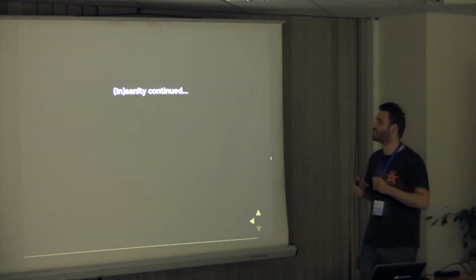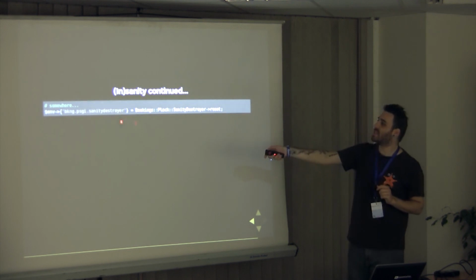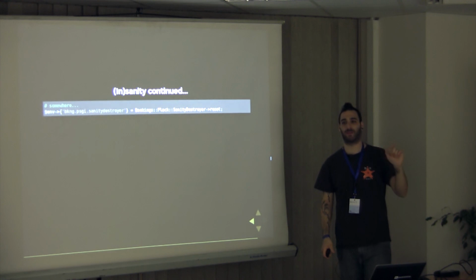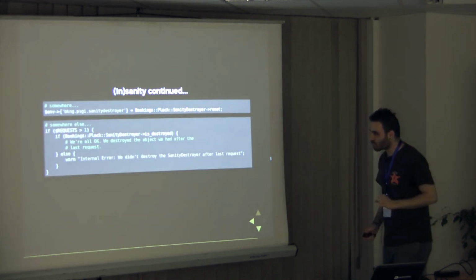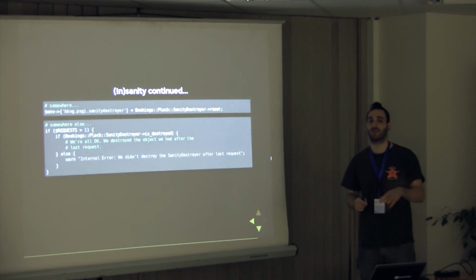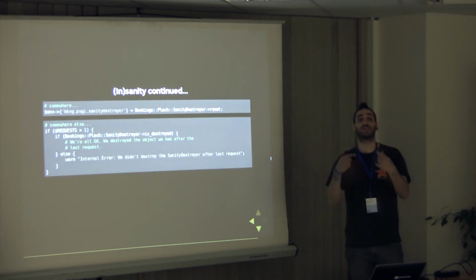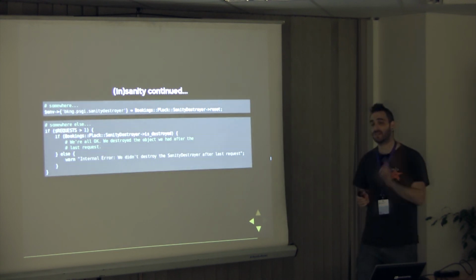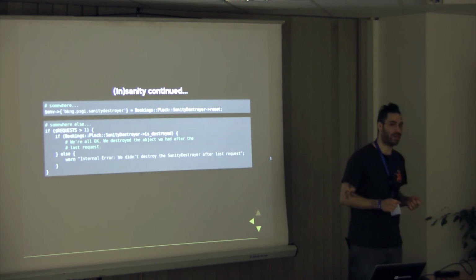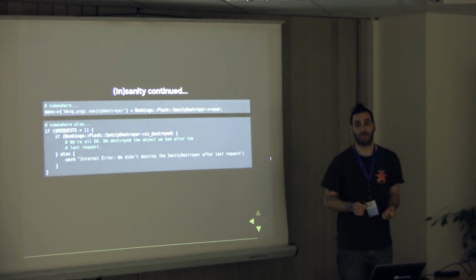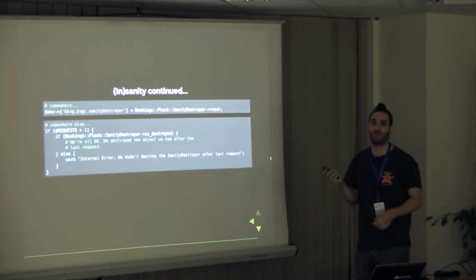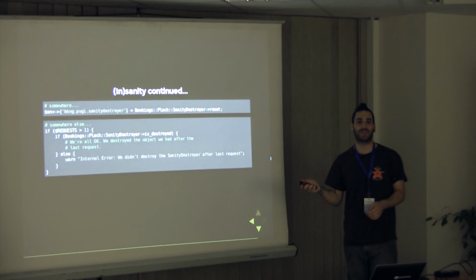Why is this useful? Because you can save that object somewhere in your request environment. Now, when a request comes in, we check whether the object still exists in memory. If the object exists in memory, it means it wasn't cleaned up. It wouldn't be cleaned up if there's a memory leak. So what this gives you is the ability to check for memory leaks in your application.